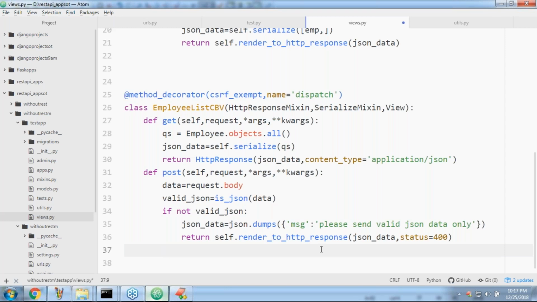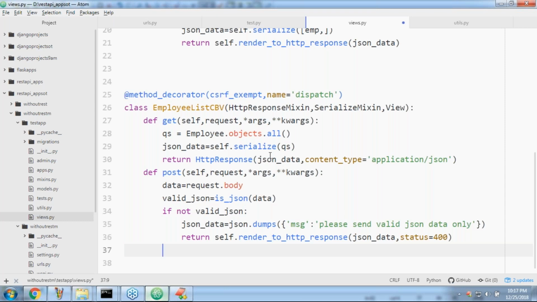So do you know, if you want to post the data, a form is compulsory. Have you remembered? Somewhere we covered in our Django sessions: if you want to save data, form.save, and form.is_valid.